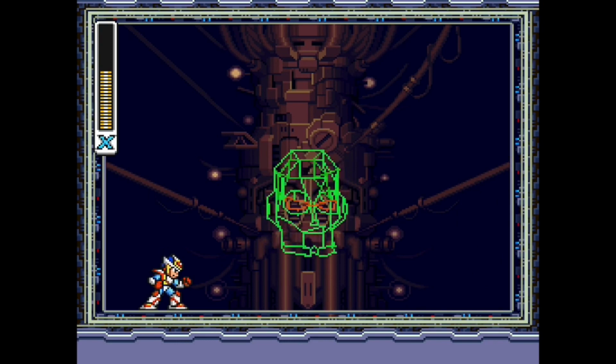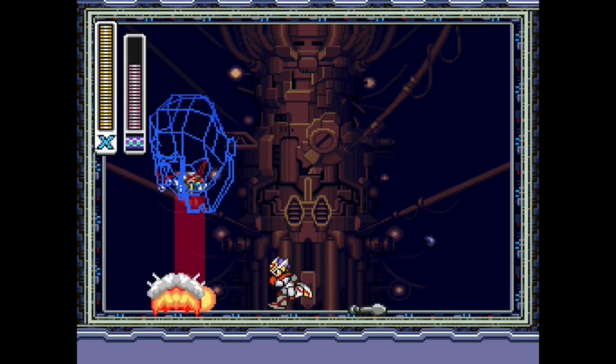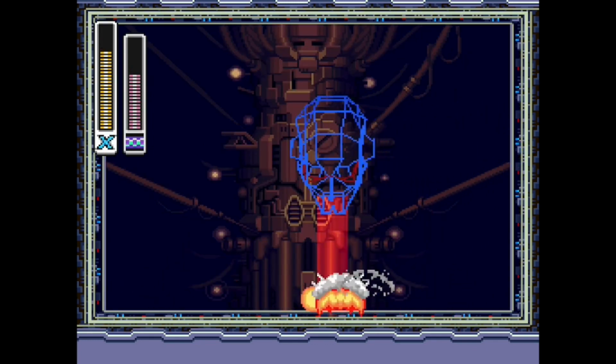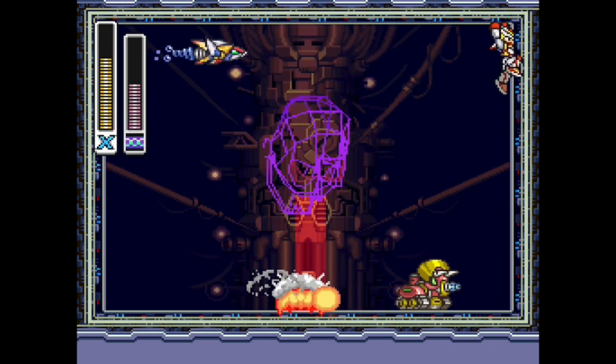After this, you get to his final phase, where he transforms into a wireframe version of his head. I think it's like a computer virus. This is really cool and displays those simple 3D graphics that this specific Super Nintendo cartridge could do. This is a kind of weird fight because Sigma is spawning lower level enemies. It's not particularly difficult, but I liked the novelty of it,